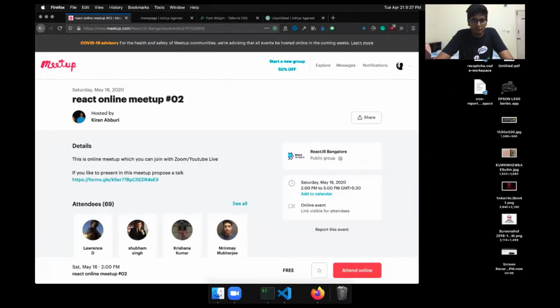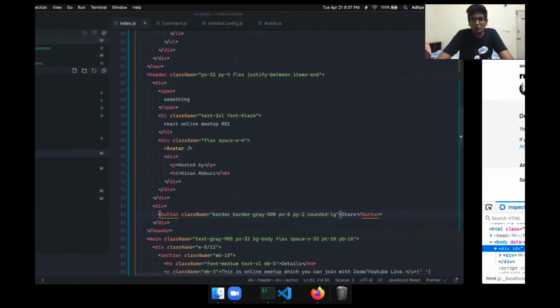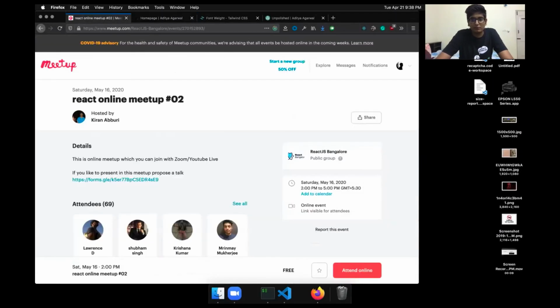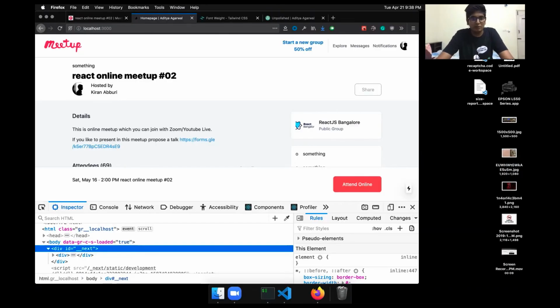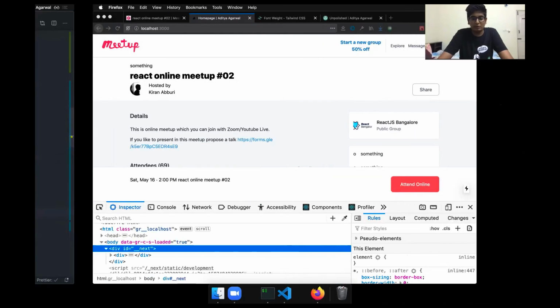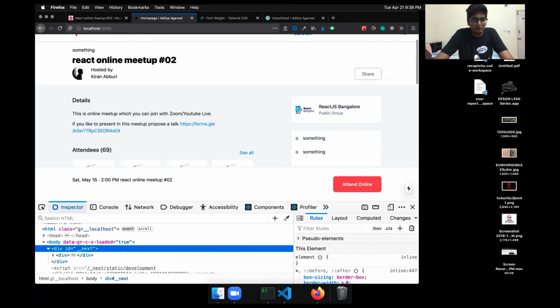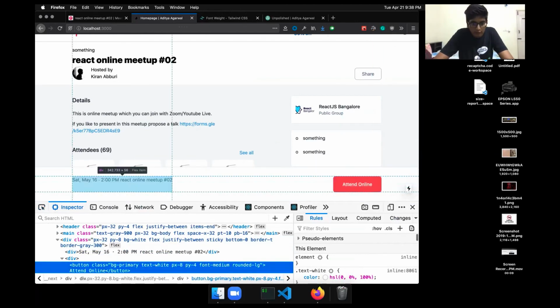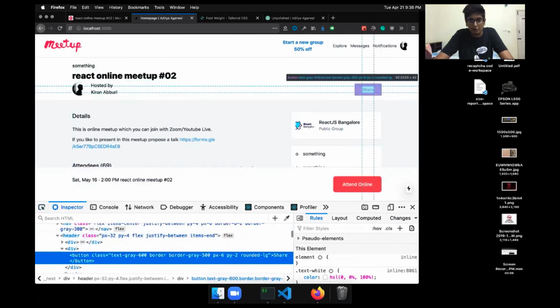We probably can reduce this to py2. And the font should be the same as the border color. So let me do text gray 500. That is too light. So 700. Too much, 600. Yeah, this looks nice. And just to confirm, I can see what the radius of this was. It was also rounded LG. So I've done rounded LG for this share button as well.